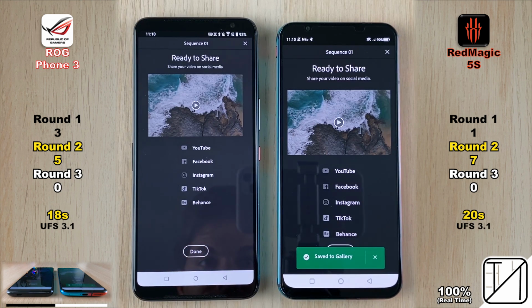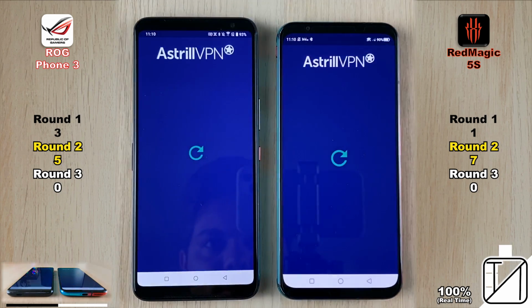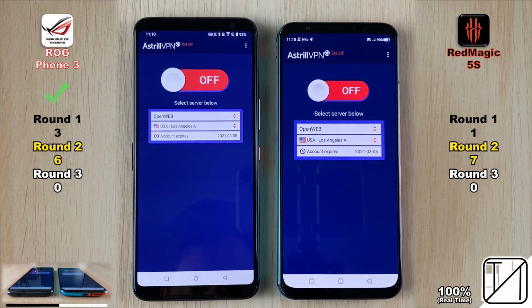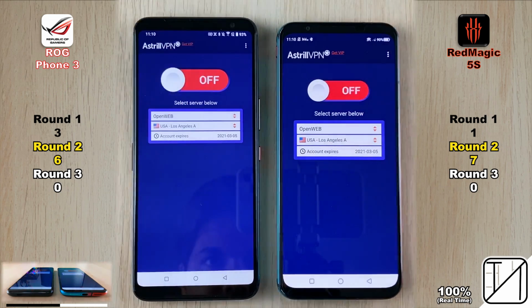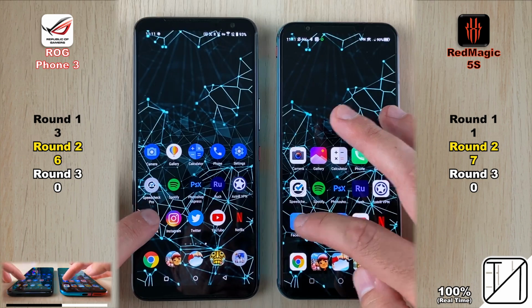Same UFS 3.1 on the RedMagic, though 2 seconds slower at 20 seconds, getting the ROG Phone 3 its fifth point, now closing the gap between the ROG and the RedMagic by 2 points. Going to Astral VPN here, since we need a VPN in China, we got 6 points now for the ROG Phone 3. Turning it on was too close to call, so now the ROG Phone is just 1 point behind